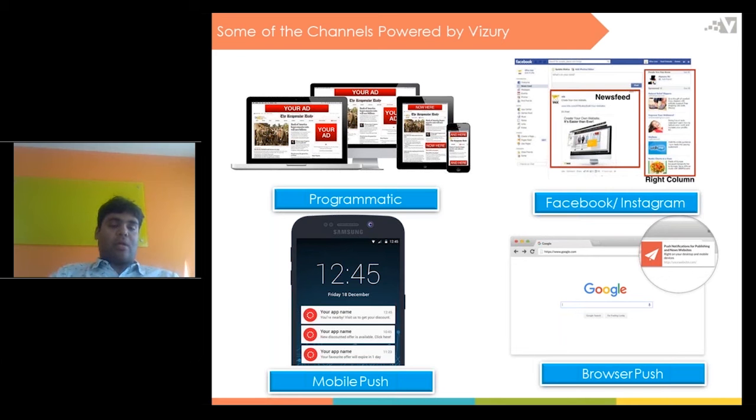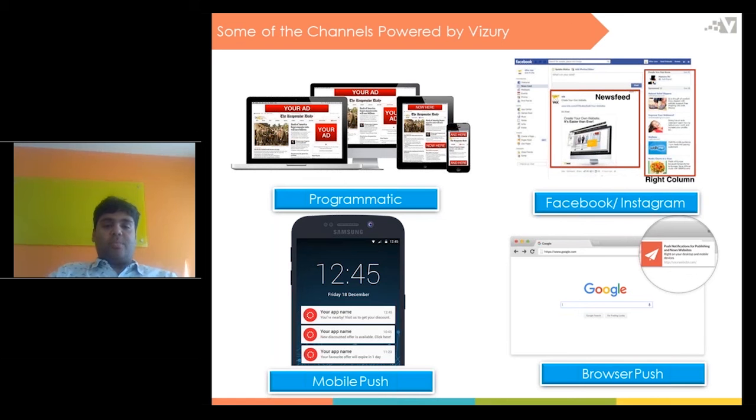That particular channel is called programmatic. And then we have also integrated with social media platforms like Facebook and Instagram, where we show banners to the users. And there are other channels like mobile push notifications and web push notifications.